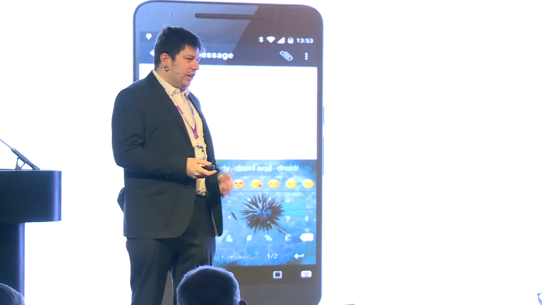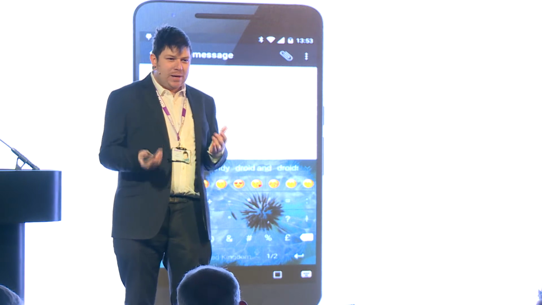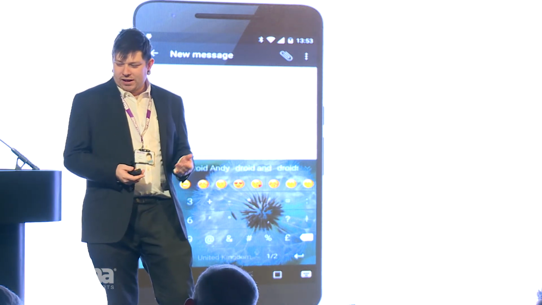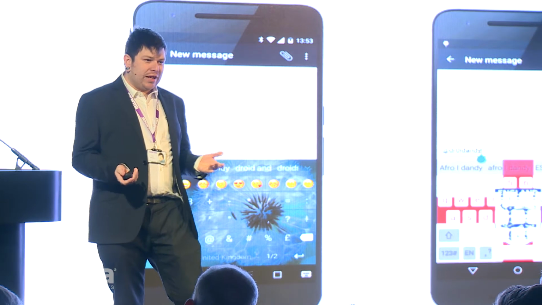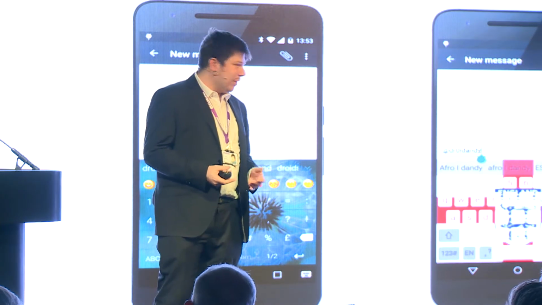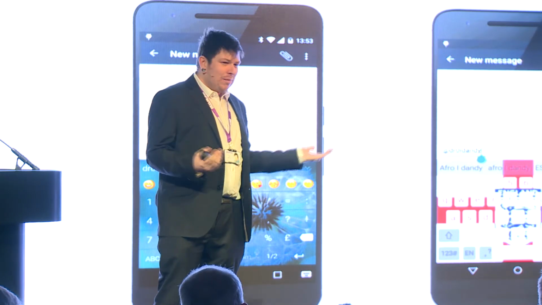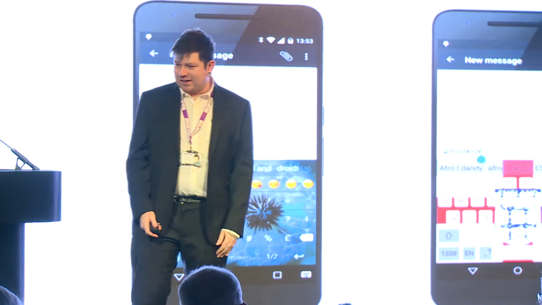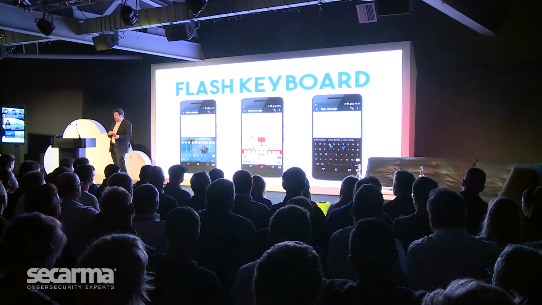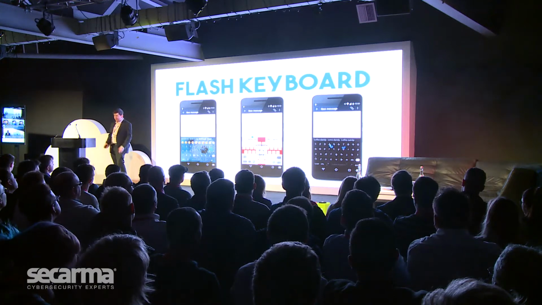And to give you an idea, if you've not used Android, what Flash Keyboard looks like, the idea is that you customize the keyboard. You can start off by making any picture you want. So you could have flowers. You could have maybe a picture of the England flag if you're feeling patriotic. Or because this is a talk about the internet, a black cat, because everyone on the internet loves cats. So the idea is that you can change it, make it what you want. It's completely customizable to how you want to use it.